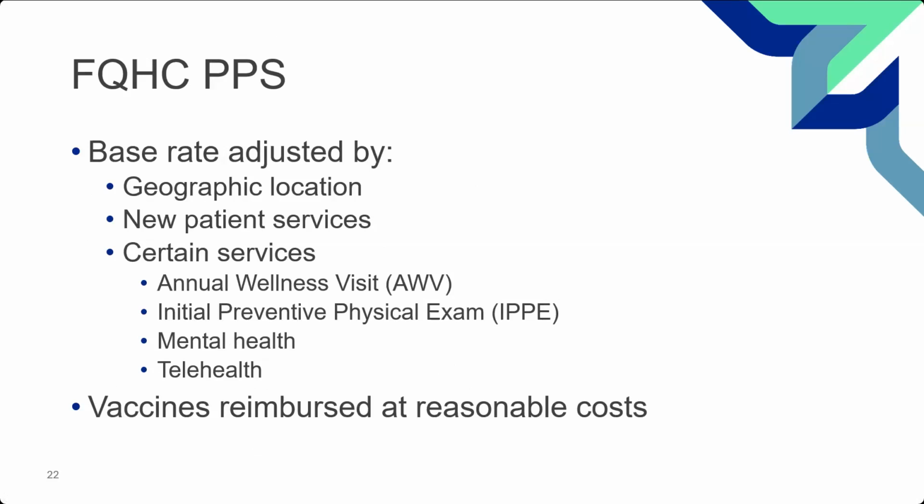Also, there are certain types of preventive care, such as the annual wellness visit or the initial preventive physical exam, that you can bill for, and they'll be separately payable. And telehealth. We already talked about mental health, but telehealth services is another example. Also, if an FQHC does a vaccine, it can be reimbursed under a reasonable cost versus their all-inclusive rate because it is a separate type of benefit. So it just really depends on a lot of those back and forth types of services and what gets separately reimbursable. But please remember, you must make sure everything gets put onto the claims.